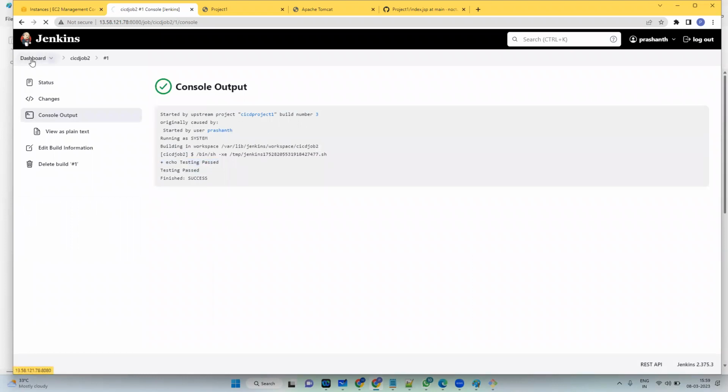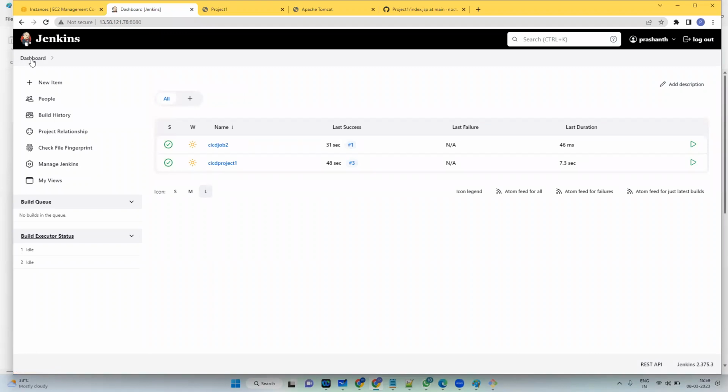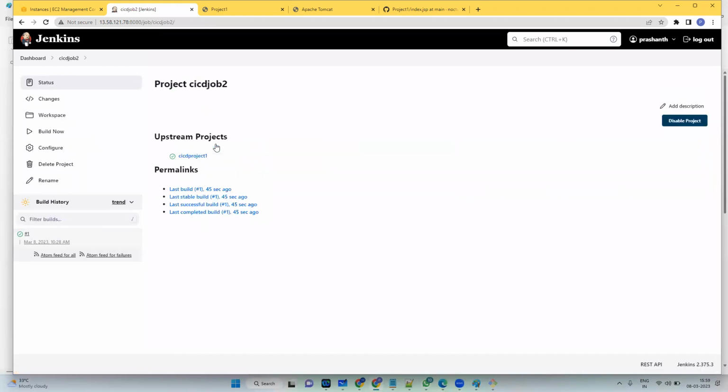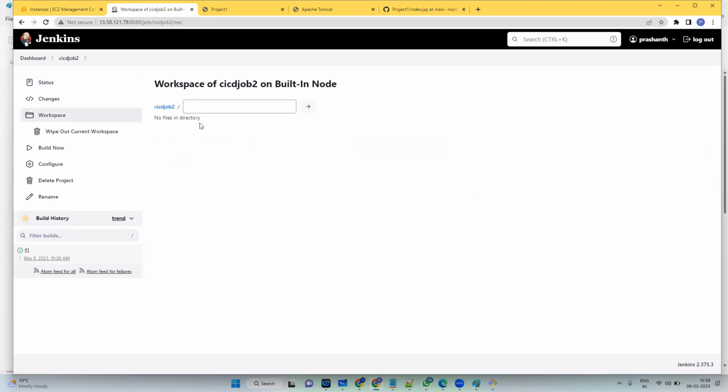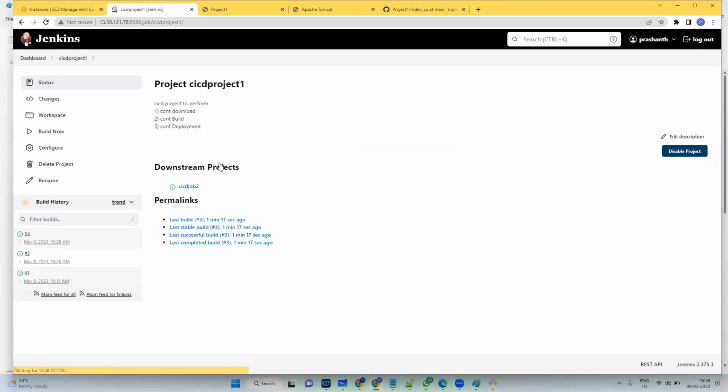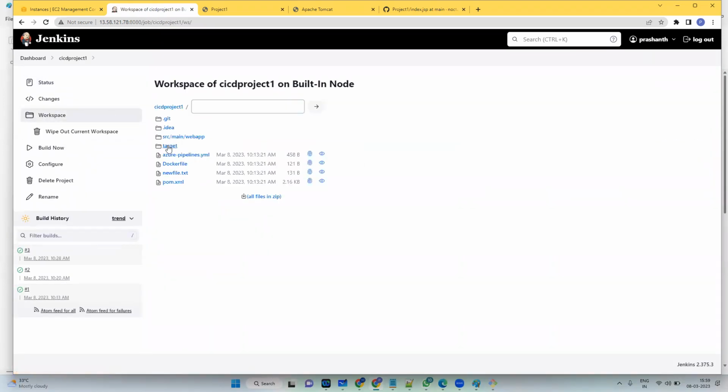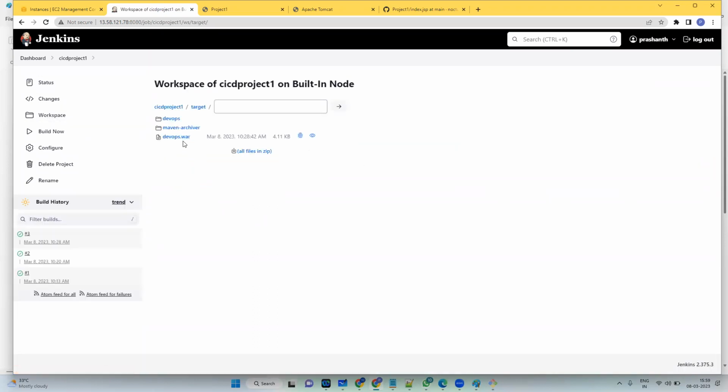Now what should I do? If testing is passed, I have to release the application to production. So that activity again I do from this job 2. అయితే ఈ జాబ్ 2 నుండి యాక్టివిటీ చేయాలంటే first in this job 2 there should be an artifact present. But if we look into the workspace of this job 2, do we have any files present? Artifact ఎక్కడ జనరేట్ అయిందండి? In project 1, right? Artifact got generated in project 1. In project 1 workspace, you have this artifact war package. Now you have to copy this artifact into the job 2, and from there you have to deploy the artifact